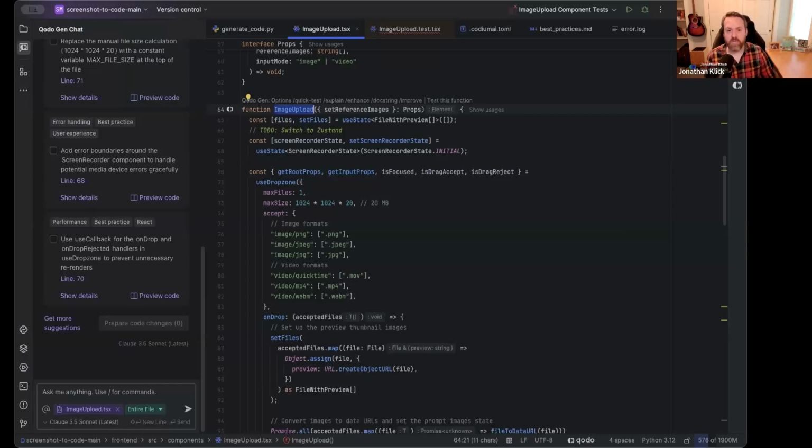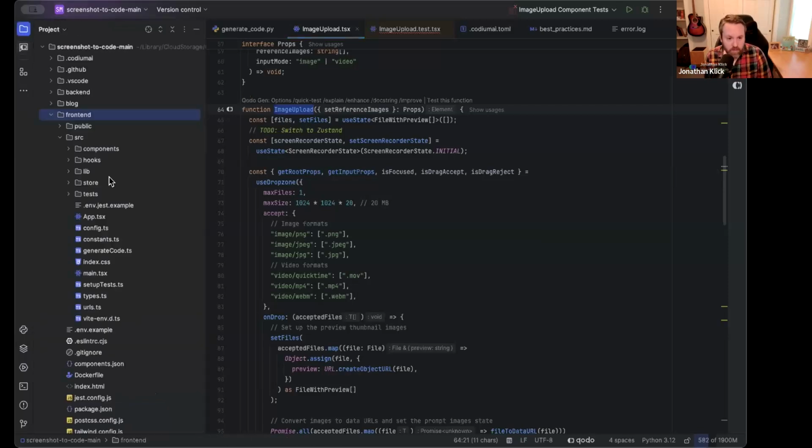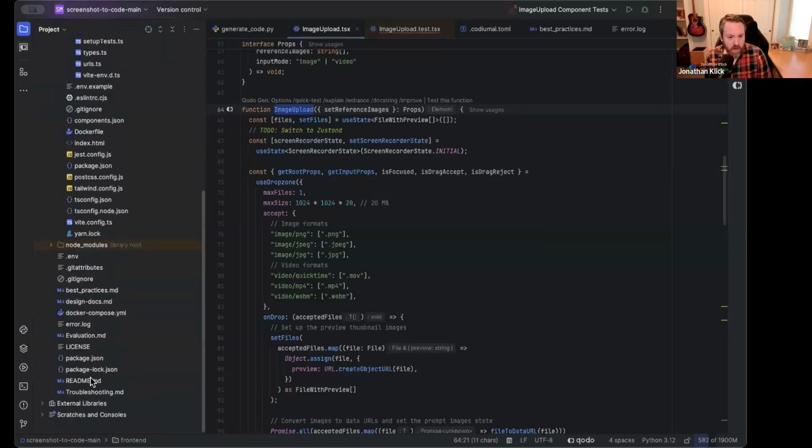I think this is also important because it sets the foundation for the next part of the conversation, which is if within a repo, in this case right here, within the root of that repo, you create a best underscore practices dot markdown file, we will always detect it. You don't have to add in the whole project as context. If it's there, we will automatically detect it and use it.